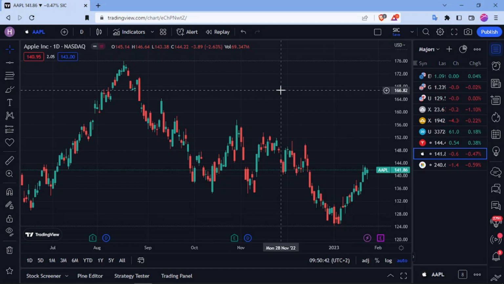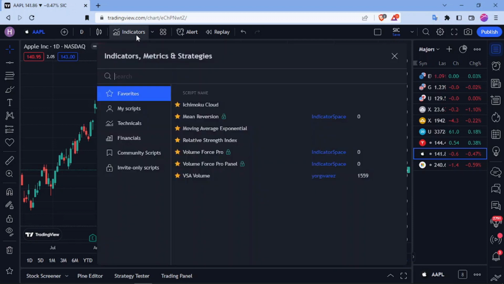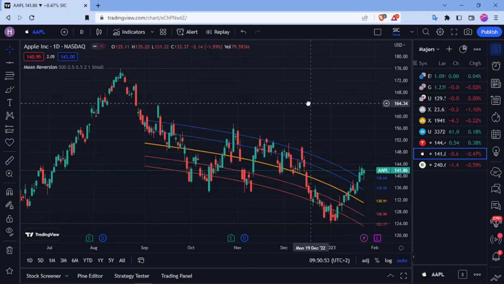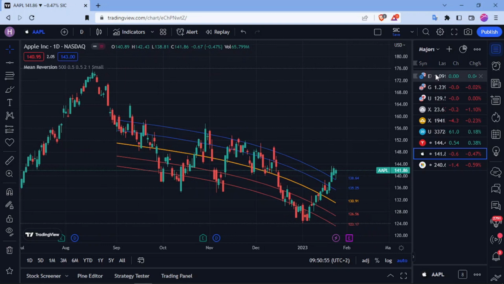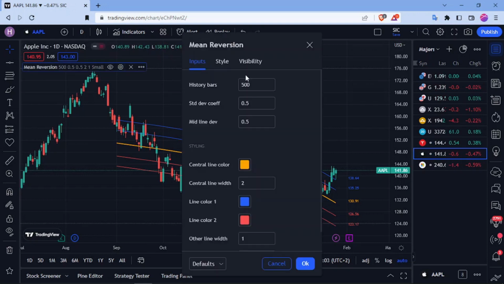Let's start by adding the indicator to our current chart, which is Apple Inc. on the daily time frame. I recommend adding the indicator to your favorites to make it easy to access. The indicator works on multiple time frames and instruments, meaning it can be used to analyze any instrument listed on TradingView. The mean reversion indicator first sets the quantity of history bars used and next the standard deviation coefficient for